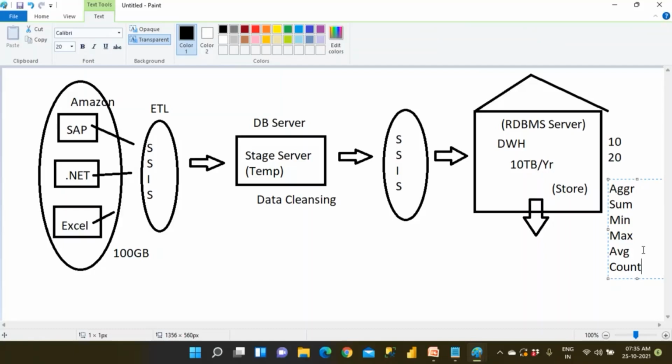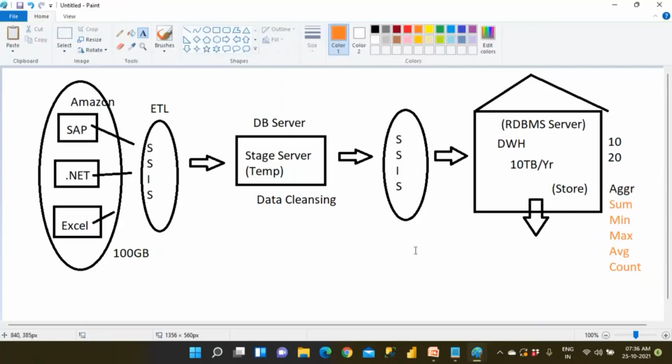What is the average sales? What is the minimum sales? What is the maximum sales? So your data analytics is always going to happen on these 5 aggregate functions only. Remember. So data analytics means what? You do the aggregations. What is the total sales? That is what is called an aggregation. What is the minimum sales, and in which countries is the sales minimum? Which brands have the highest sales? What is the average sales in India in the last 5 years for Apple iPhone? I also want to know how many people bought the latest model of Apple iPhone. So that is counting, right? So aggregations means sum, min, max, average, count.